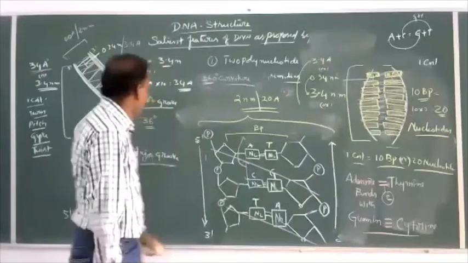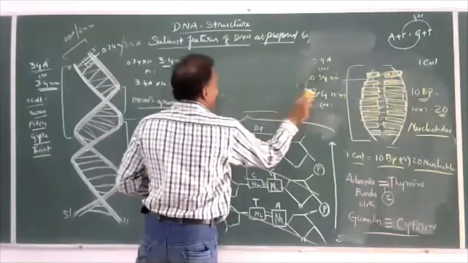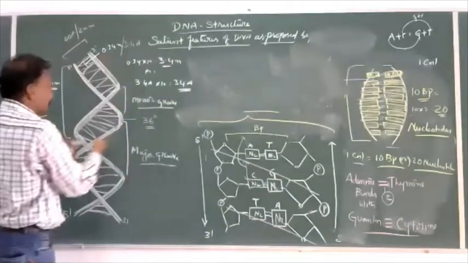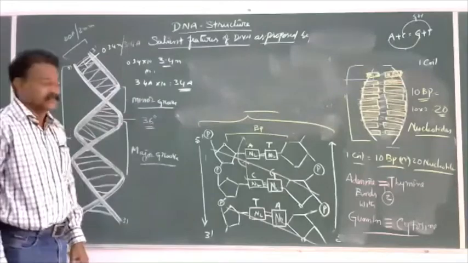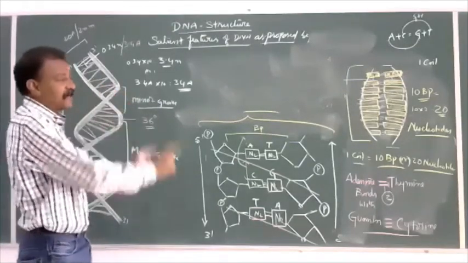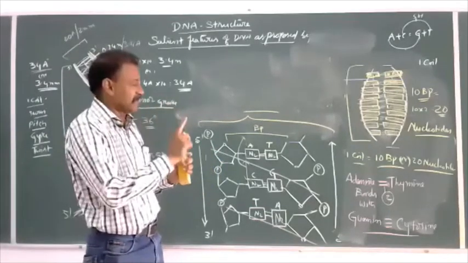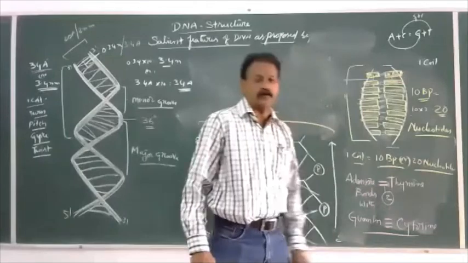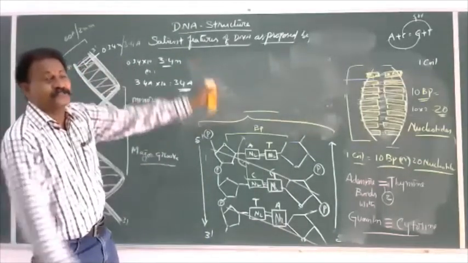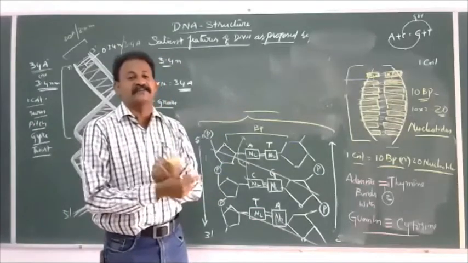For example, a DNA is having... one coil is equal to 34 angstroms or 3.4 nanometers. That is the formula, a type of equation, compulsorily. One coil is equal to 10 base pairs or 20 nucleotides. Here in the famous DNA, which of the following are equal in concentrations, equal in amounts?